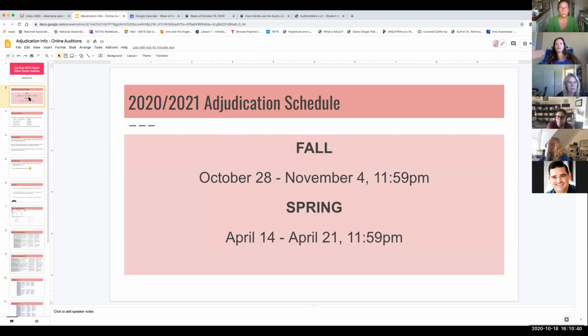Our registrations officially close at midnight on Monday, the 26th. So on Tuesday, the 27th, the day before the adjudication starts, I will send everyone an email with all this information, as well as the last possible time you can start your adjudication and still get it in on time. So if you are a true procrastinator, as I am, you will know that I've got to start by this time or else it's just not going to happen.